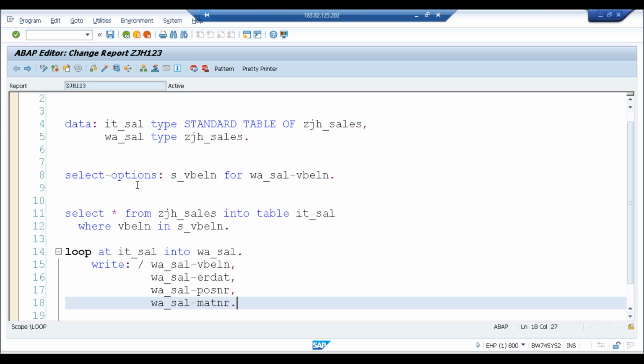If you have any doubts in this particular program, let me know. I'll clear it. No, I got it. Okay. So if this is clear, then we can go ahead with the same process for 3 tables. We can use the inner join for 3 tables, and we can write the program with these 3 tables.